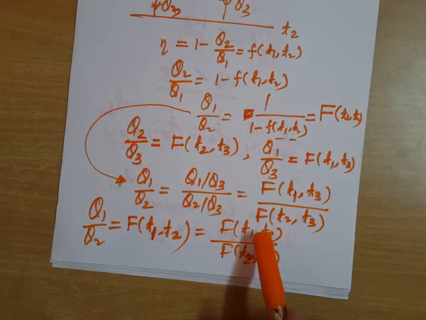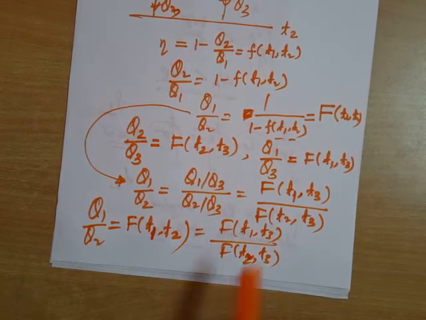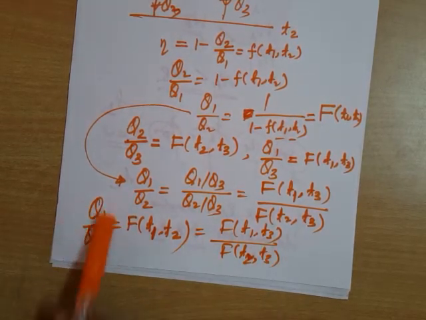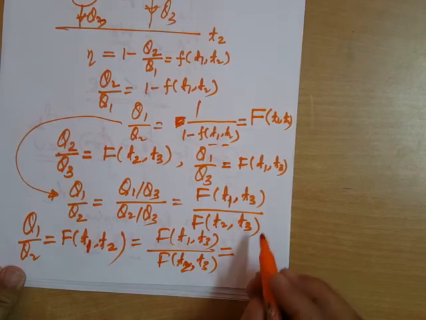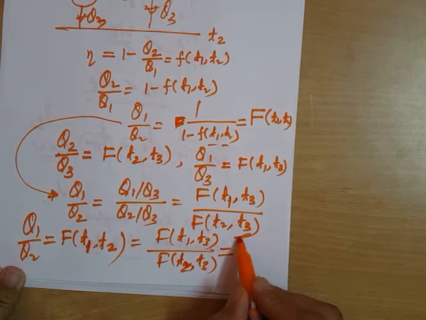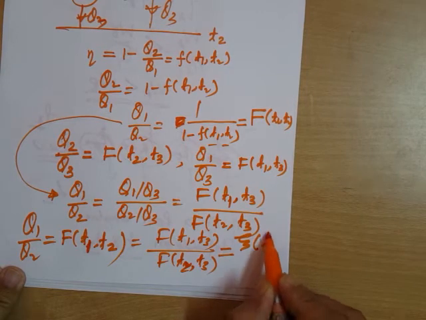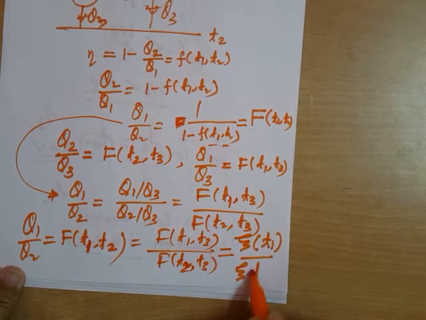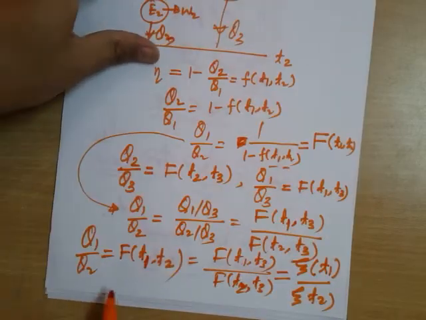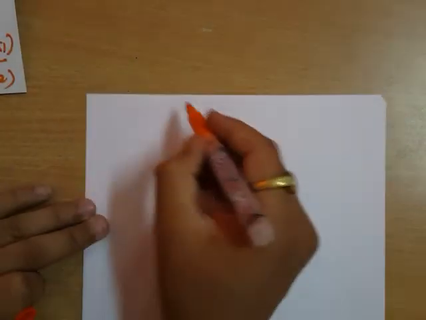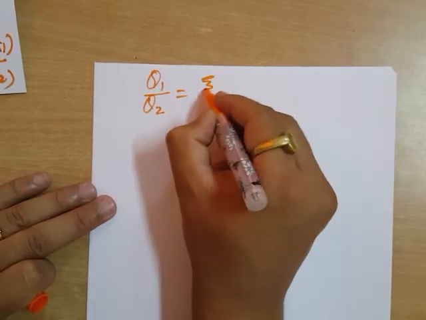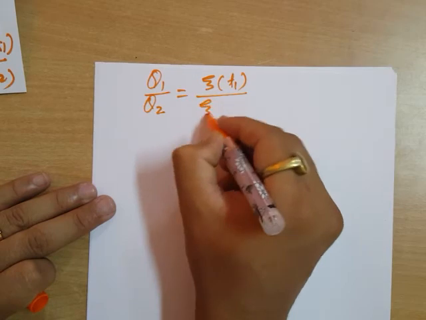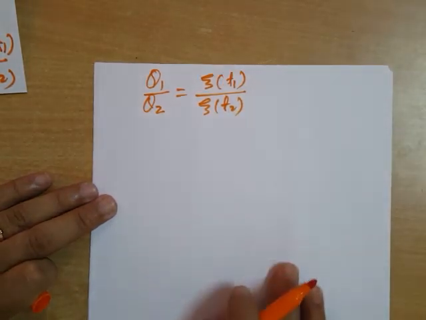So Q1 by Q2, which is a function of T1 and T2, is coming out to be this ratio. And in this ratio, in the numerator you have T3 and in the denominator you have T3. So this T3 will drop out, as Q1 by Q2 is a function of T1 and T2 only. So I can write this function in some other form like this. Let us say zeta. So this zeta is a function of T1 and here it is a function of T2. So this expression has been converted into this, that Q1 by Q2 is simply a ratio of these two functions which are functions of T1 and T2. So Lord Kelvin